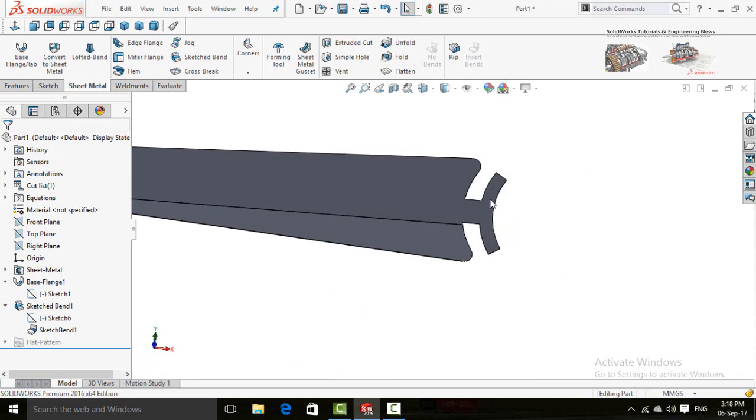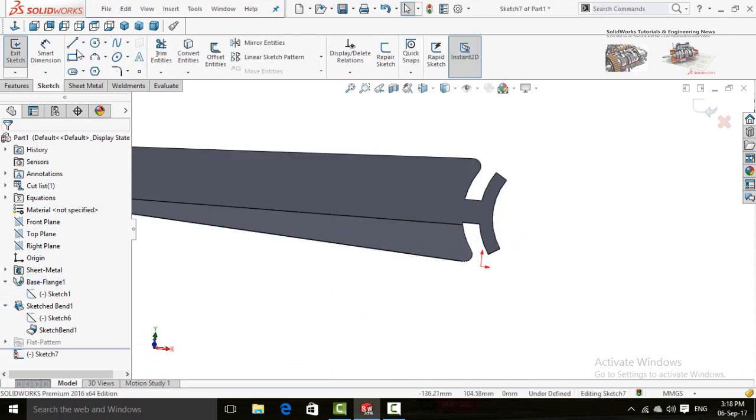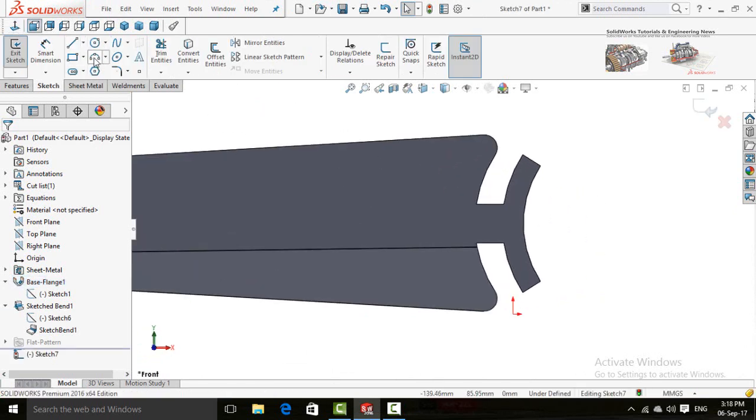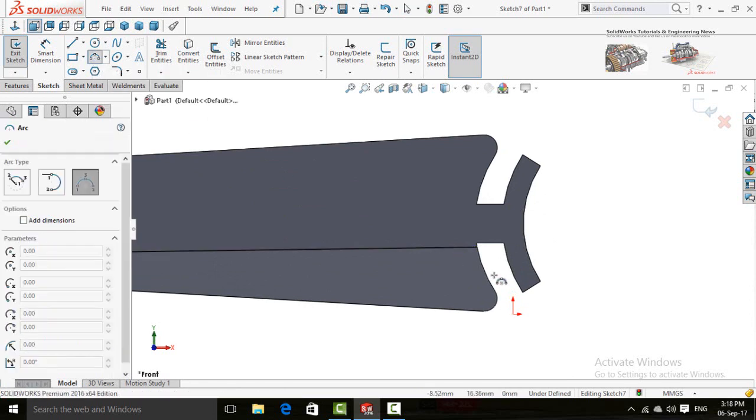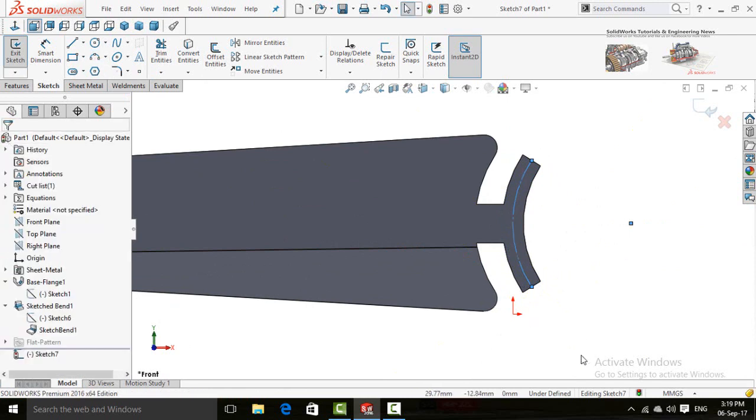Now we need to have 3 holes for bolt. Click on this face and sketch. Make normal to and then draw a 3-point arc started from this midpoint to this midpoint. Now check to this box for construction and press OK button.